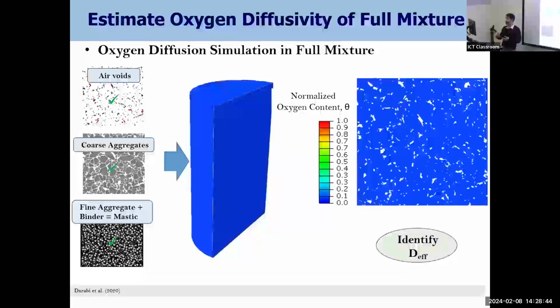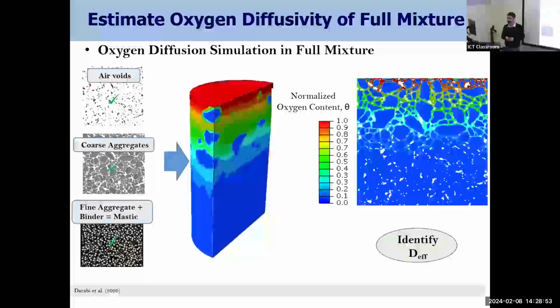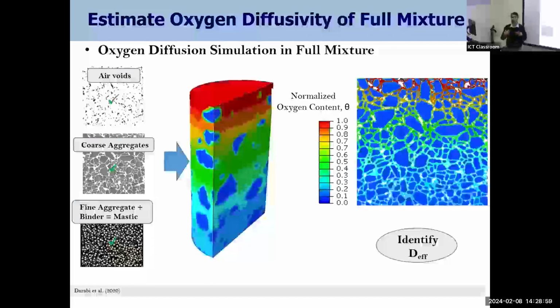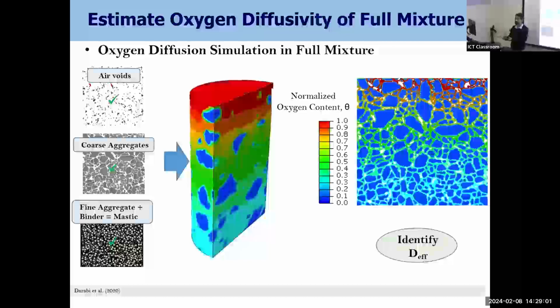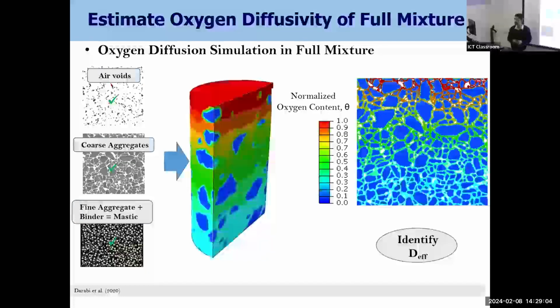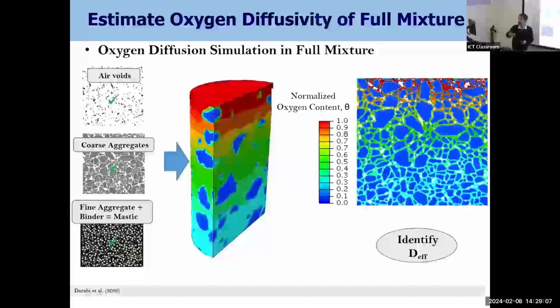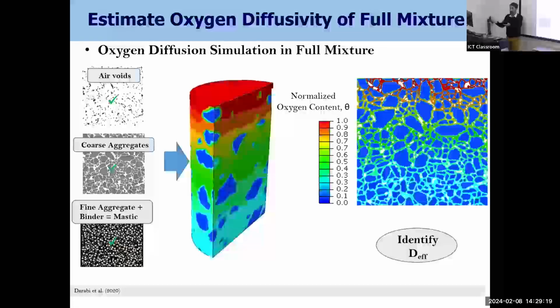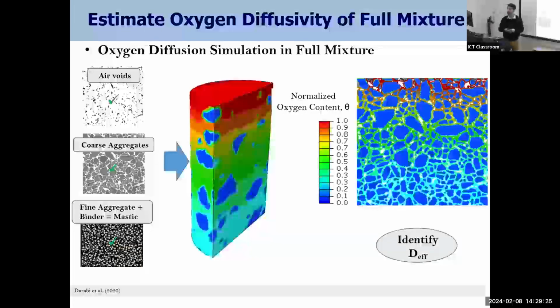Now we know what is the diffusivity of air void, coarse aggregate, and fine aggregate plus mastic. We just put everything together and run the simulation again. And if you do that, then you can come up with a value which is the effective diffusivity of the asphalt mixture. Is it going to be very accurate? I don't think so. Is it going to be closer to what it actually is rather than what we assume? Probably yes. And I think that little bit of getting closer is really all we can do with these virtual ones. We do not do two-way coupling or even one-way coupling of multi-scaling.